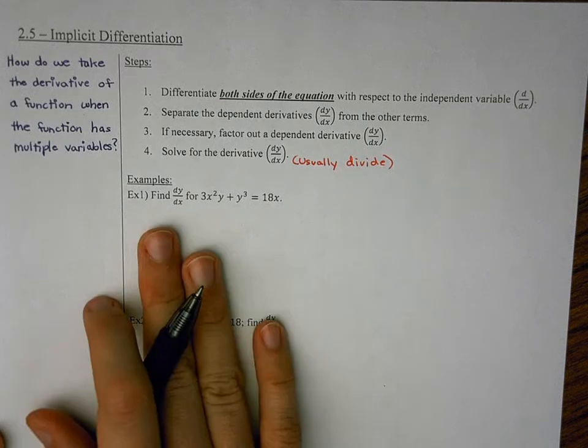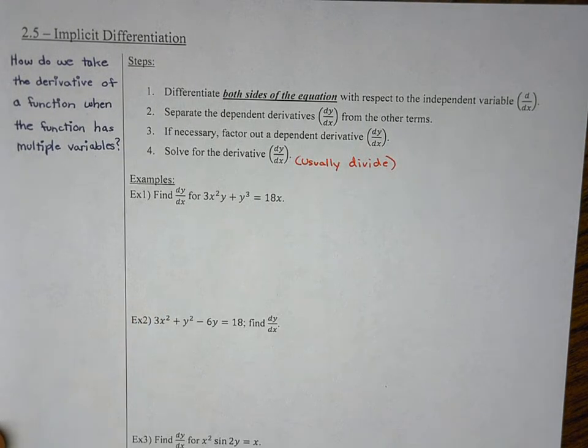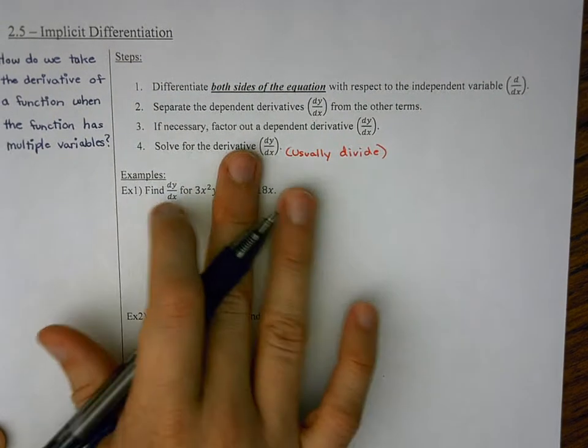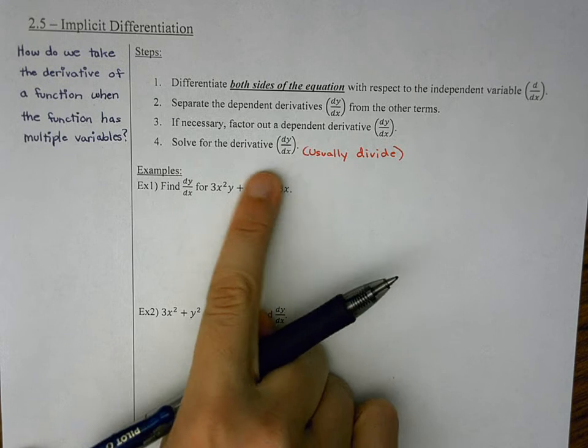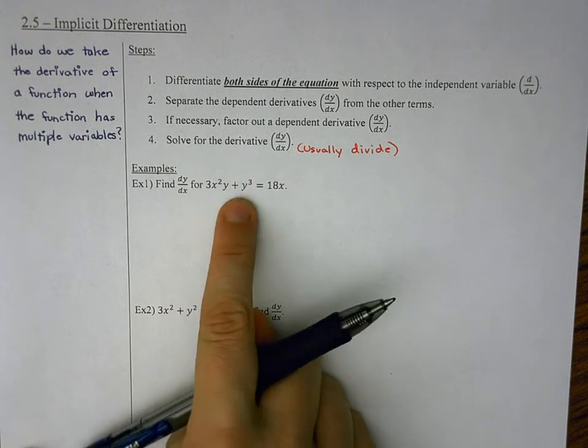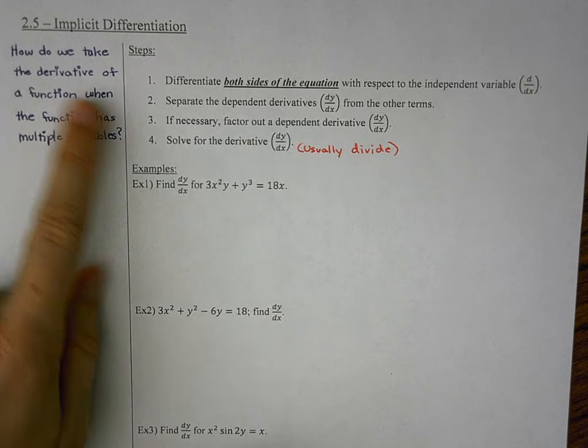So example 1, find dy/dx for 3x squared y plus y cubed equals 18x. Okay, so this would be an instance where we would want to use implicit differentiation because we're trying to find dy/dx, but there's no easy way to get this function to just say y equals, the way all of our other functions have. Right? If we've been taking the derivative, we've had y equals, and then like 5x sine x or something like that, right? Because I can't somehow get this to just say y equals, we do have this multiple variables contained in